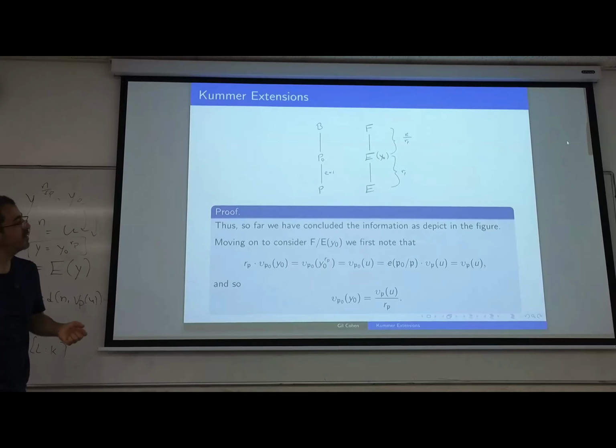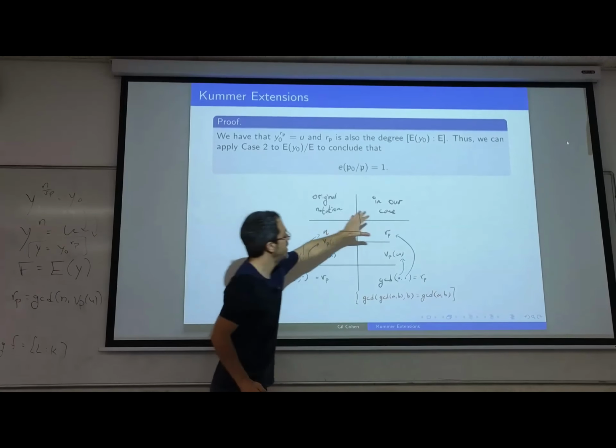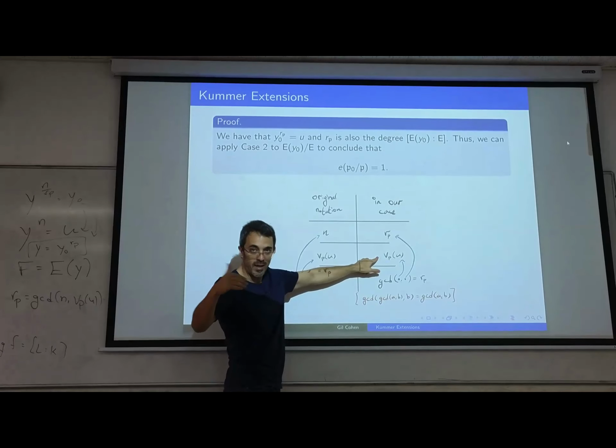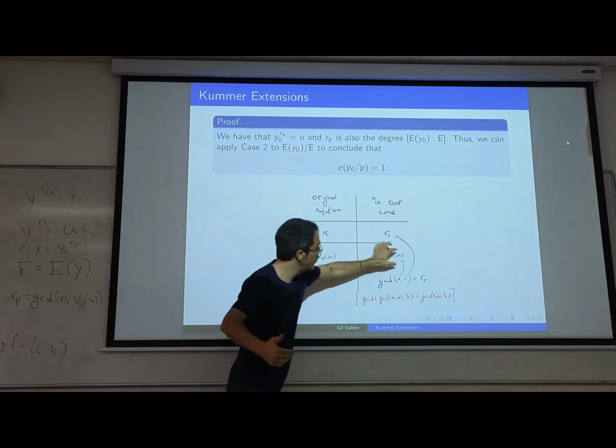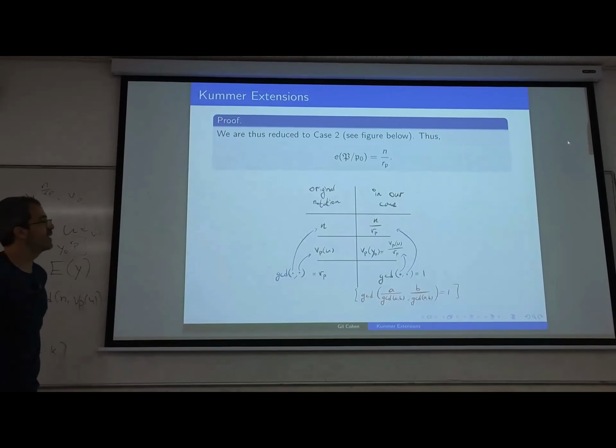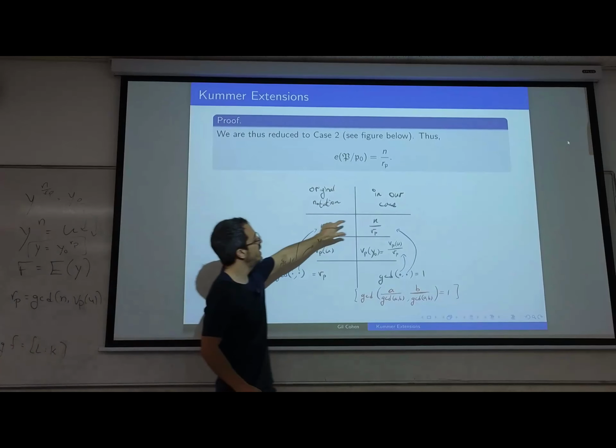Again, I really want to do the same thing, but I'm not going to take a root of u anymore. I'm taking an rp root of y0. So I need to compute this number here. So that's what I did here. And that's the picture now. So now the degree extension is n over